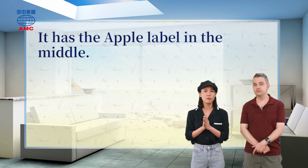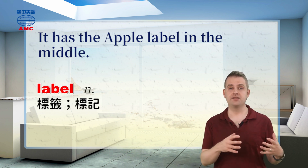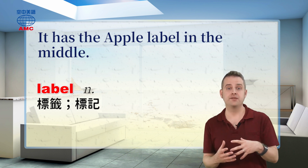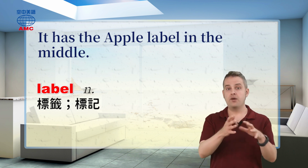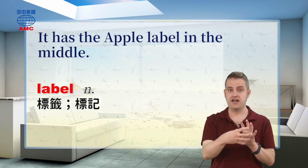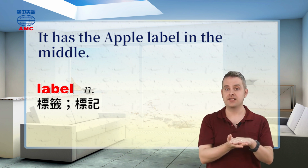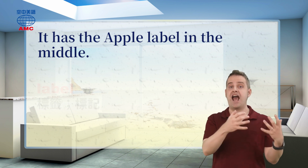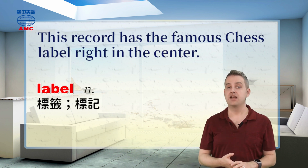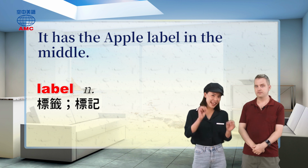He says, it has the Apple label in the middle. So the word label can mean any kind of attached piece of writing on something, like the information that tells you how much it costs in a store, or what's in some food, or the size of an item of clothing. When we talk about records, though, we're using the word label to mean the circle of paper that's stuck onto the middle of a vinyl record that gives the name of the artist, the name of the album, and sometimes the songs on the album and what's on each side. We can also use the word label to mean a record company. For example, if we're talking about music labels on records, we could say, this record has the famous Chess label right in the center. Label 指的是标签、标记。